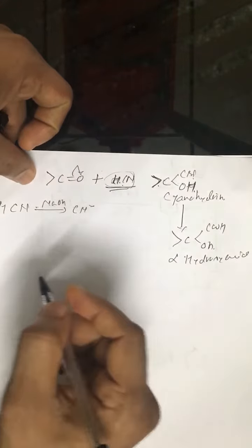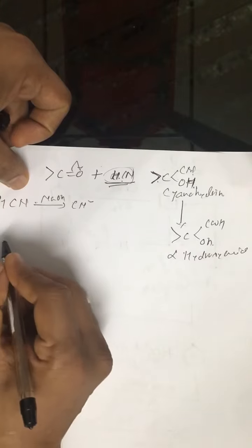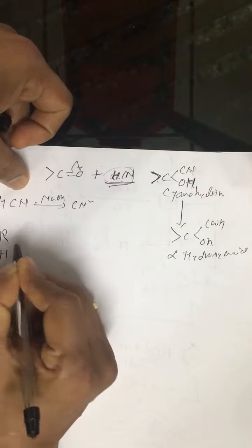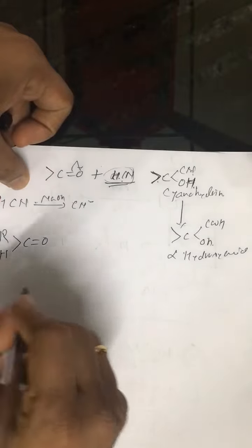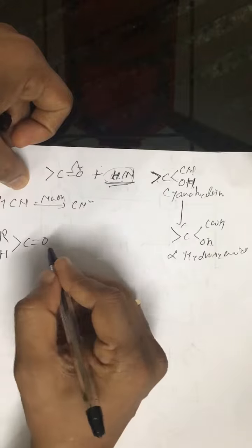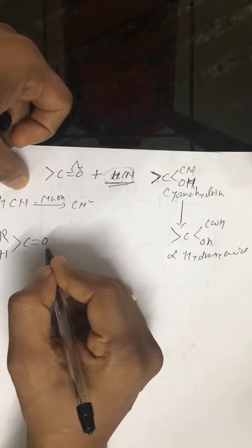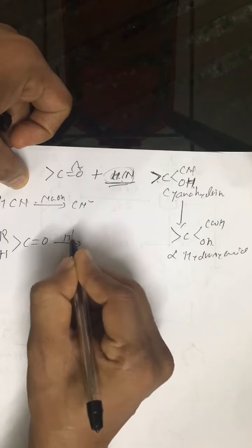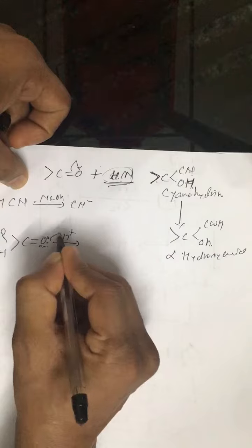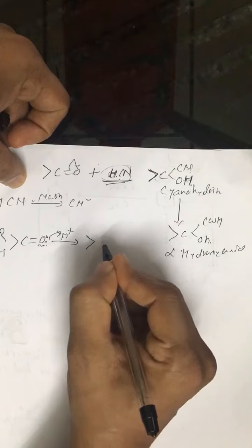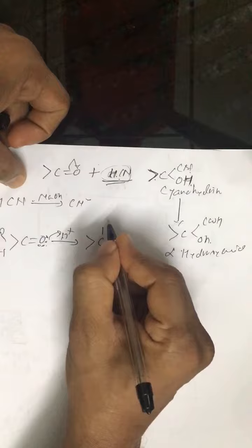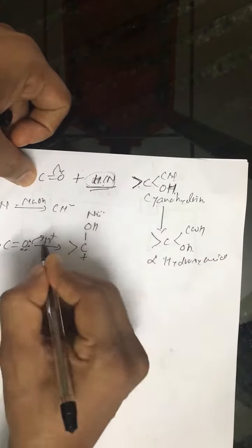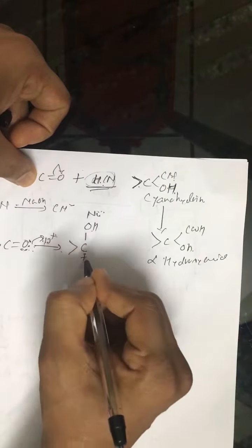And this reaction has one more importance. If it is an unsymmetric aldehyde, meaning RCHO, not HCHO, in this case we get a racemic mixture. The product is a racemic mixture. H positive attacks the oxygen and we get R, OH, and a positive charge, and then the nucleophile. This H positive favors the attack of the nucleophile.